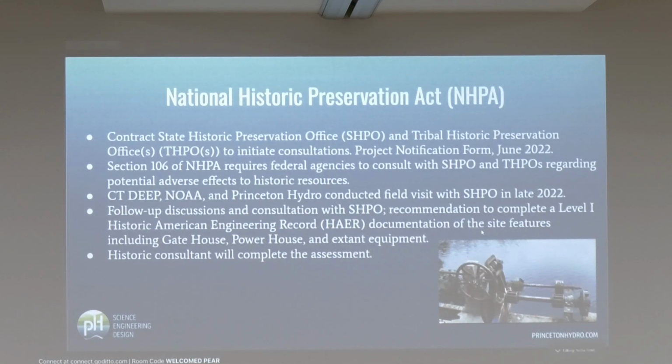And so in June of 2022, there was an initial project notification form that was submitted to the SHPO in Connecticut here. And just to let them know, here's the potential project that may occur. And so they start to understand what's out there, and so that's the initial consultation, that the federal agency that has a responsibility to coordinate with them. And so that happened in June, and then in November, under Section 106, we did a site visit with